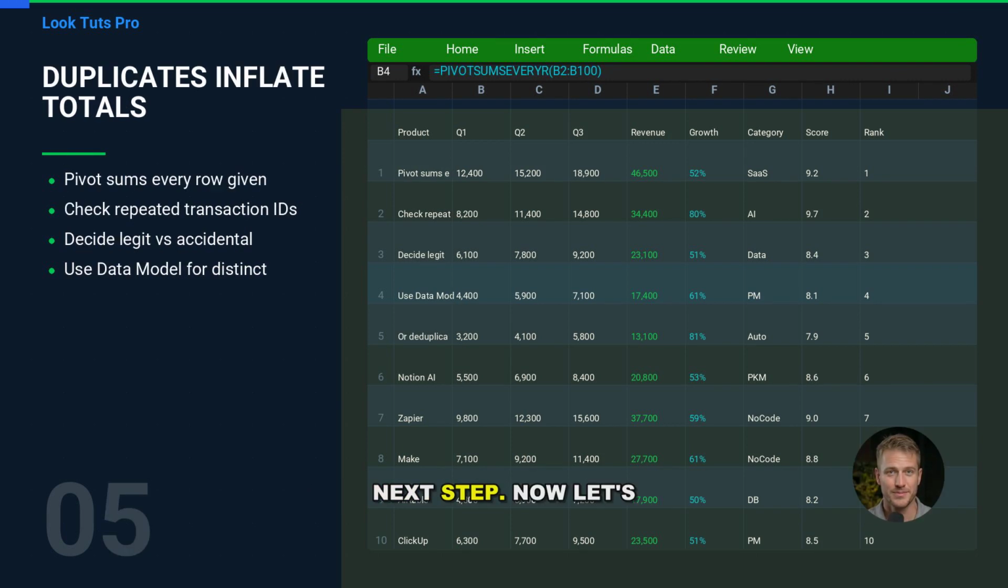Next step. Now let's talk about duplicates, because duplicates create totals that are perfectly calculated, yet still wrong. If your source table has repeated rows or repeated transaction IDs, a pivot table will happily add them all. The key is deciding whether duplicates are legitimate, like multiple line items, or accidental, like an import appended twice. A quick test is to add the record identifier into the rows area temporarily and see if the same ID